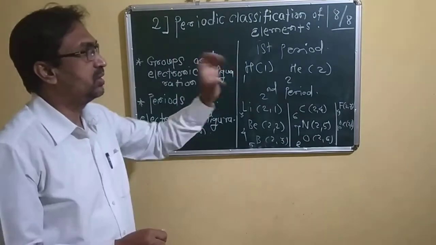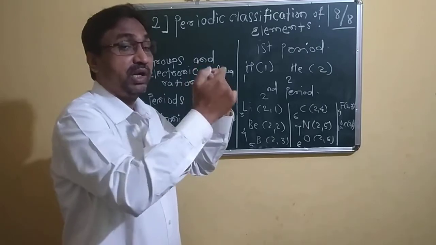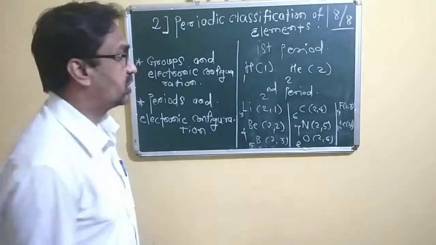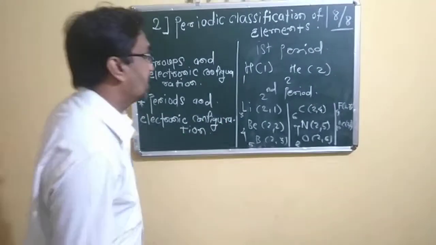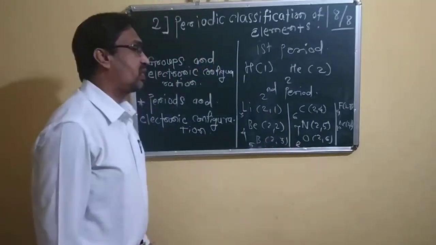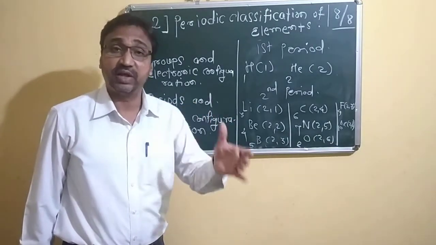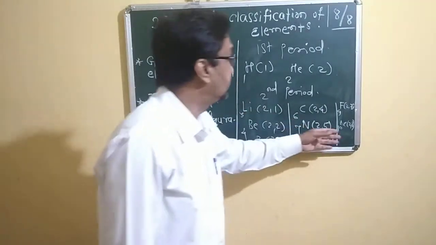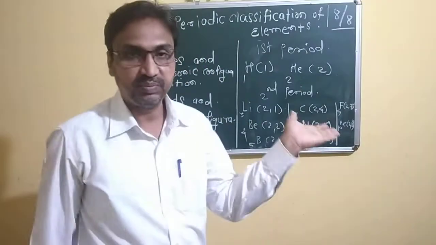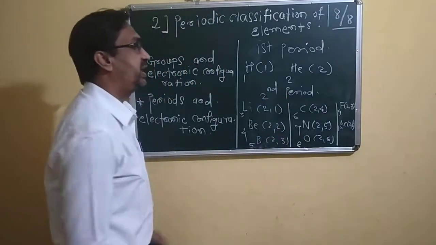In a single period, the number of electrons in the outermost shell increases by 1 electron, that is 1, 2, 3, 4, in this way up to 8, to complete the octet. So you can easily find out that the number of valence electrons in a period just increases by 1, and that is its peculiarity. There is a change in the valence electrons in every element in the period from left to right. We have already seen the first period and the second period.